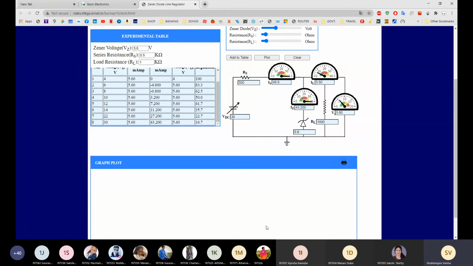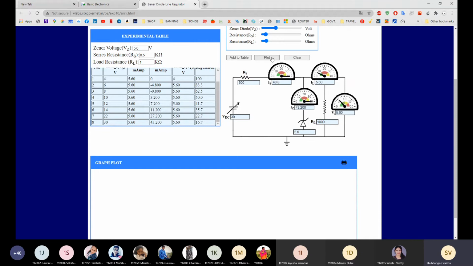The independent parameter is always on x, and the dependent parameter is always on y. So what we have changed is the input voltage, that is independent, so that we will get on the x-axis. And what we have observed, that is output voltage, will be obtained on the y-axis.